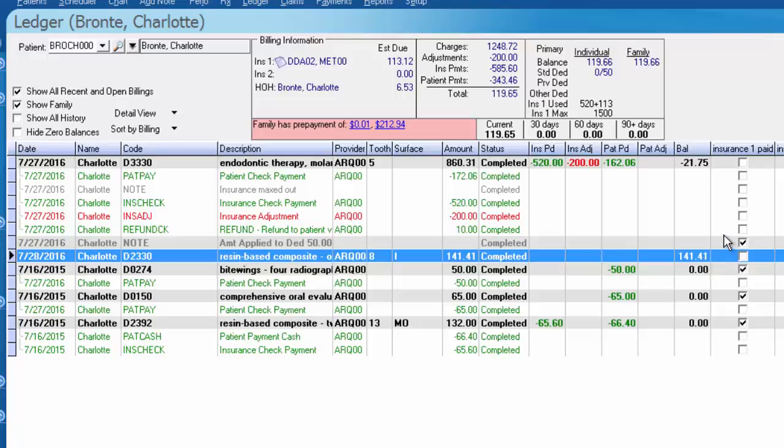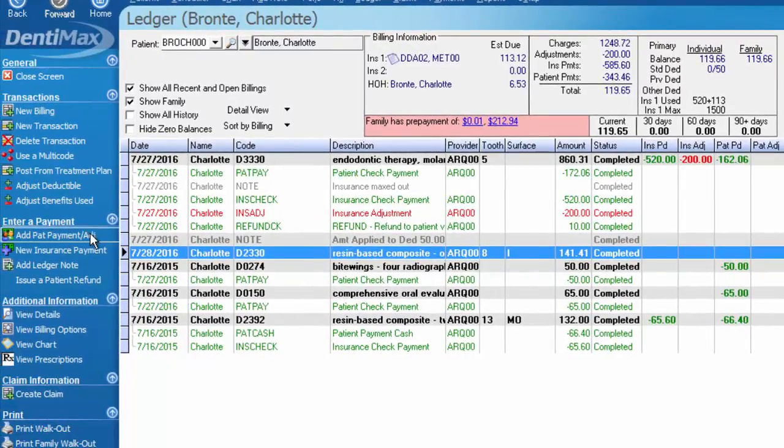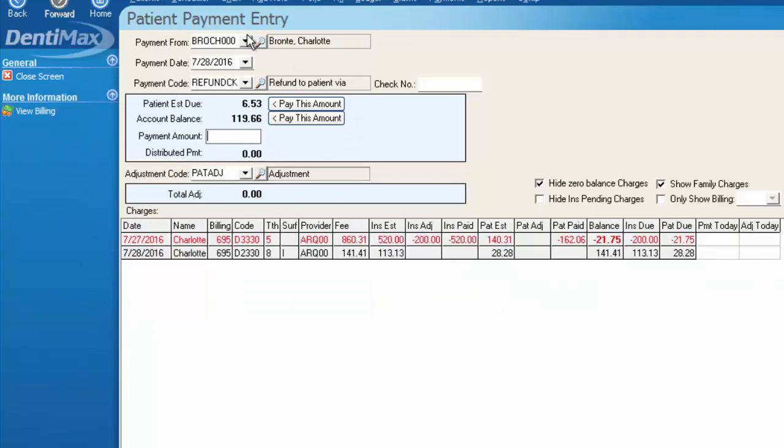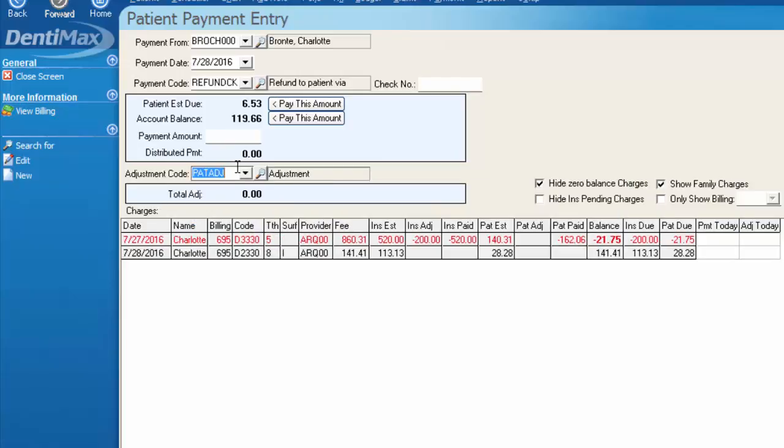If I want to manually adjust this item, what I'm going to do is go back to enter a payment and add patient payment / adjustment. Click on that option. I'm going to ignore my payment options up here because we're not actually paying anything. We're just going to use an adjustment code. And you can also create different types of adjustments if you'd like to label it something else that says credit transfer, something to that effect. I just like to have adjustment on mine, but let's go ahead and say you are wanting to see credit